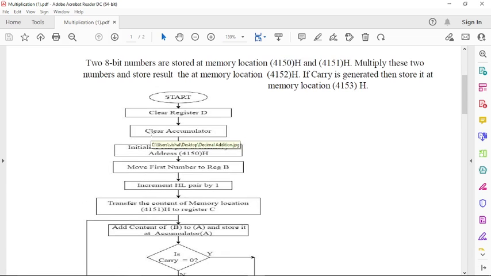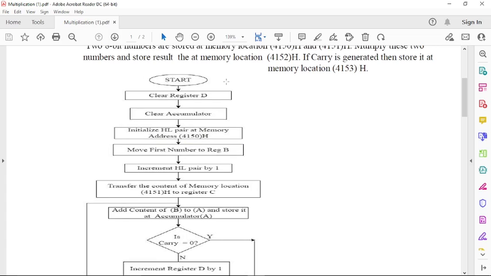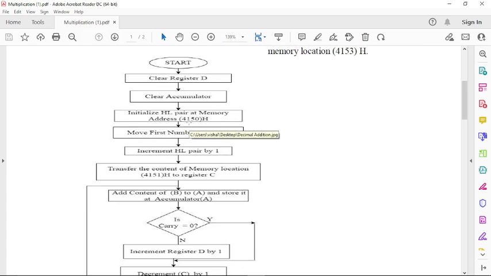Now let us discuss the flowchart. First start, then we have to clear register D. That means we have to load 00 in register D. So we are using register D to store carry. Then we have to clear the accumulator by loading it with 00. Then initialize the HL pair with memory address 4150H.